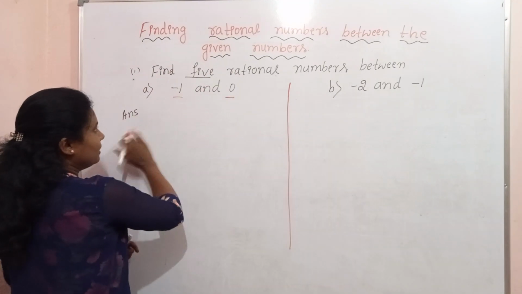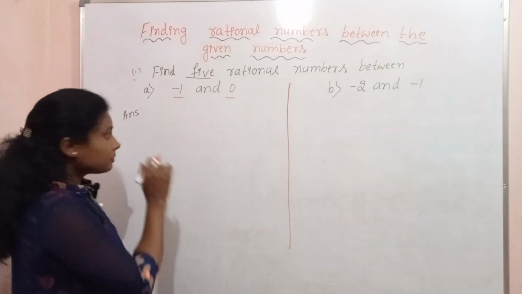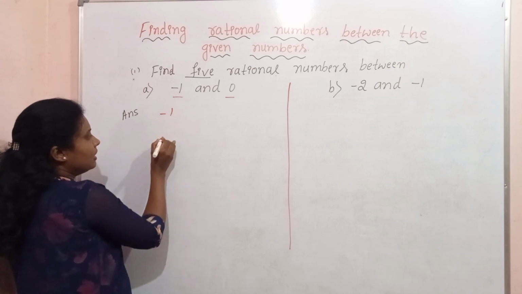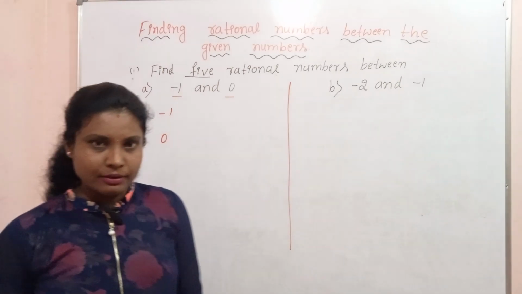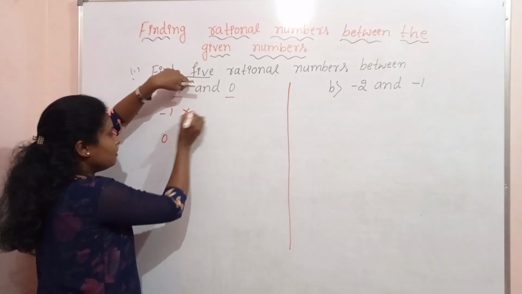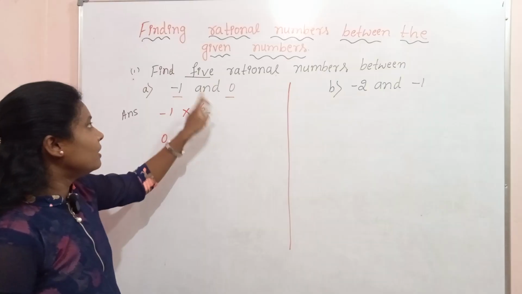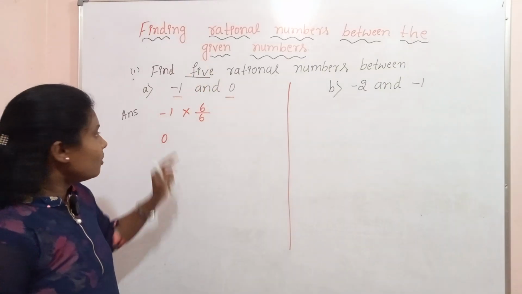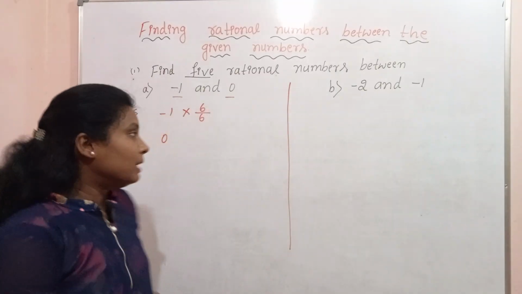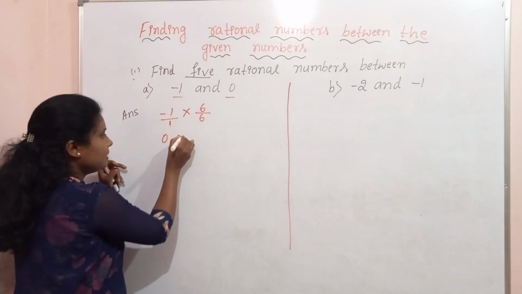So first of all, what they given here? How many numbers we need to write at minimum? 5. To find out the 5, here it is -1 and 0. These two numbers are given. 5 they were asking, so we need to multiply and divide the given number with more than 5. So first more than 5 number is 6, and next are 7, 8, 9, 10. Any number you can take and multiply and divide with, and you will be able to write rational numbers.